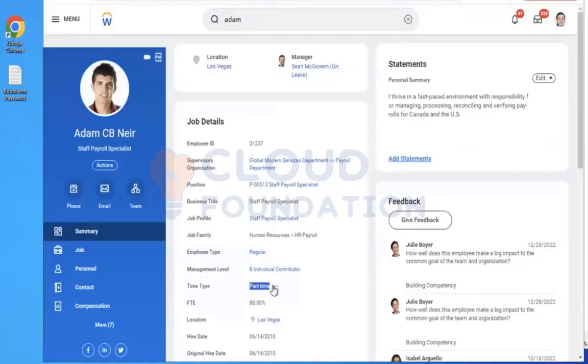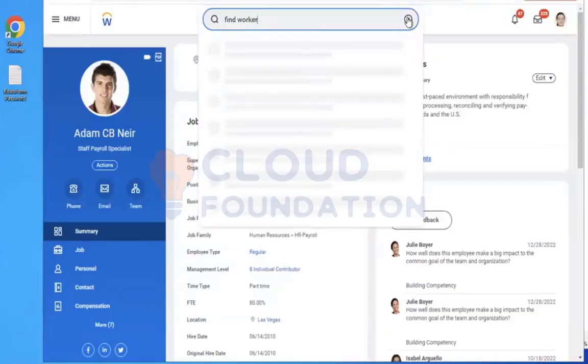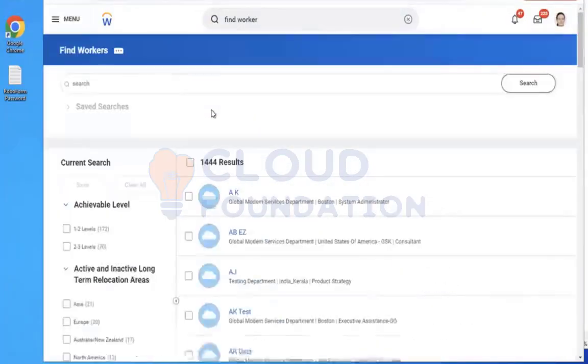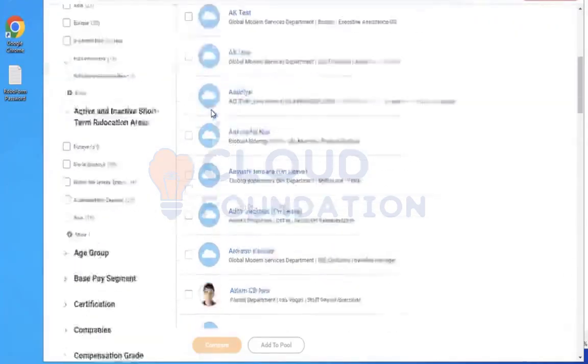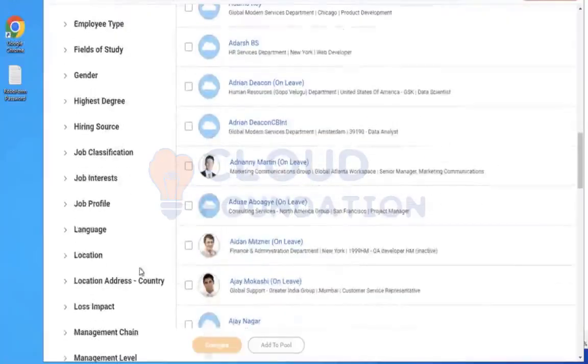Oh, the colleague is part-time. That's why it's returning blank. Now let's find the right guy. Find worker. Or we change his time type to full-time. Yeah, that also works. Correct. Now I will go with this option. Location country USA.